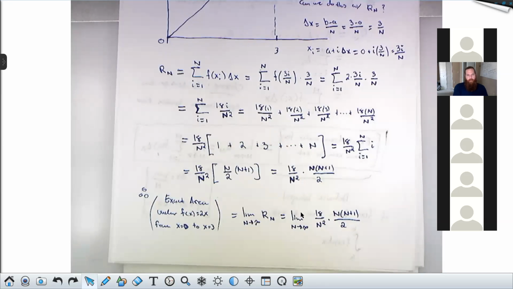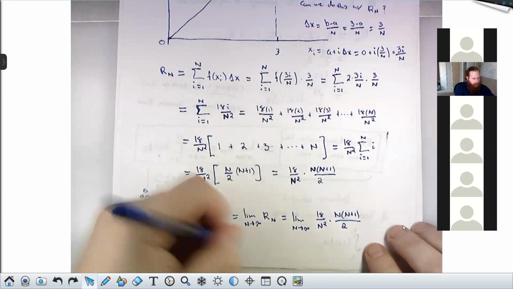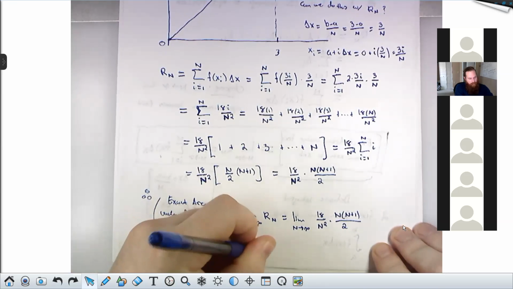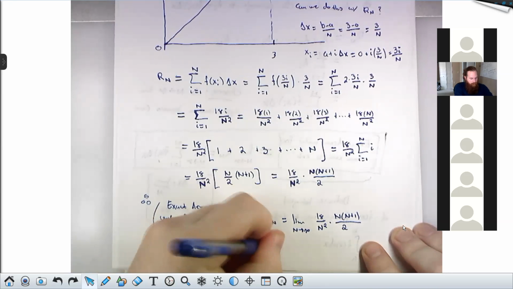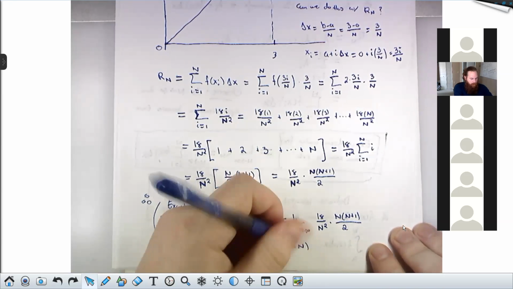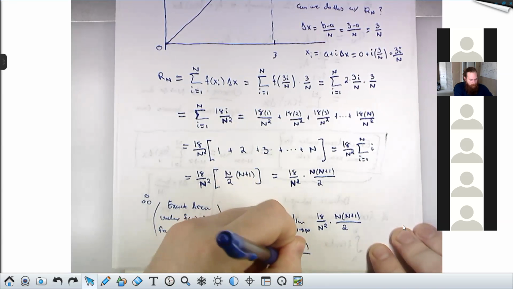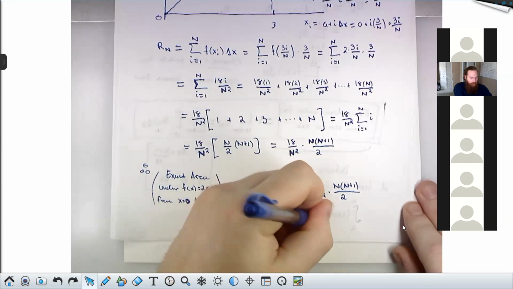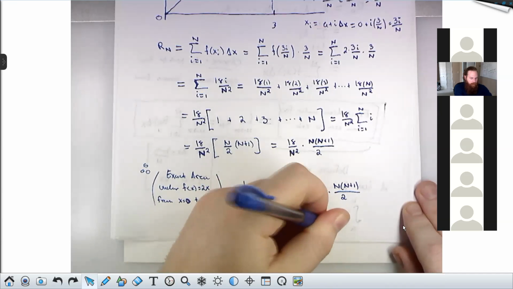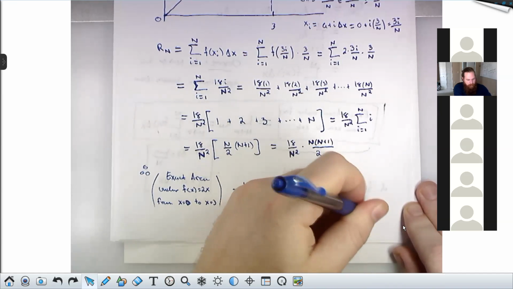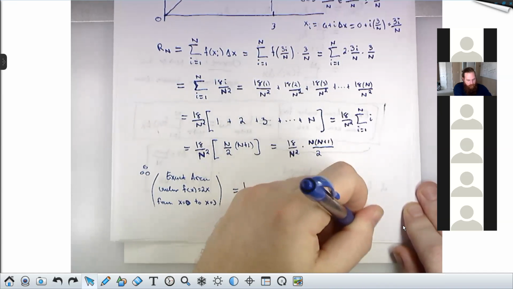And we've seen limits at infinity before. We know how to do this stuff. So let me distribute everything in the top and distribute everything in the bottom. This is equal to the limit as n goes to infinity, 18 times, this is n squared plus n upstairs. And downstairs I have 2 times n squared. So that's the limit as n goes to infinity, 18 n squared plus 18 n over 2 n squared.